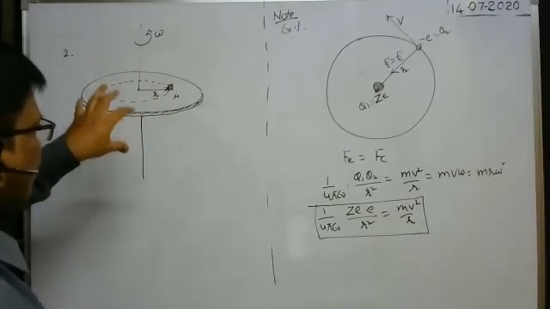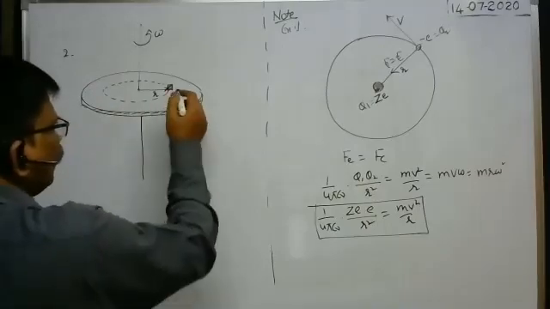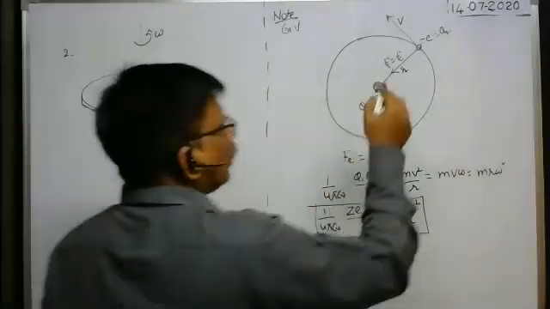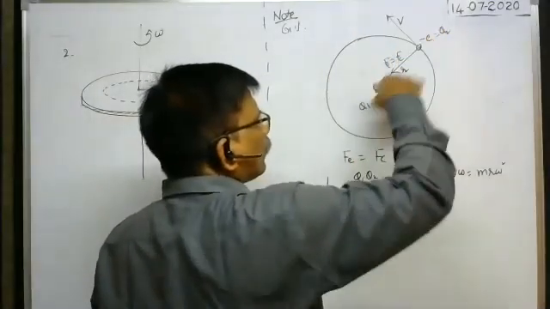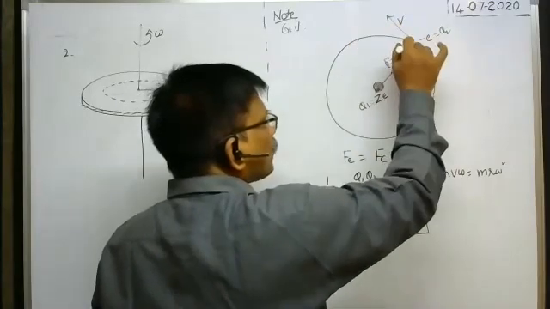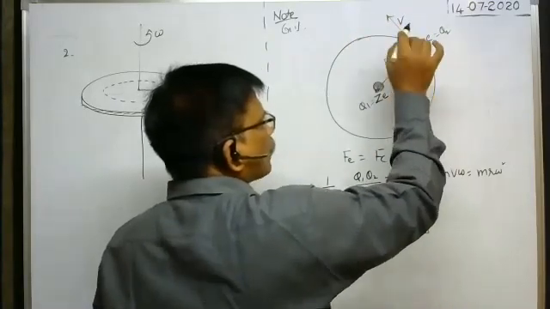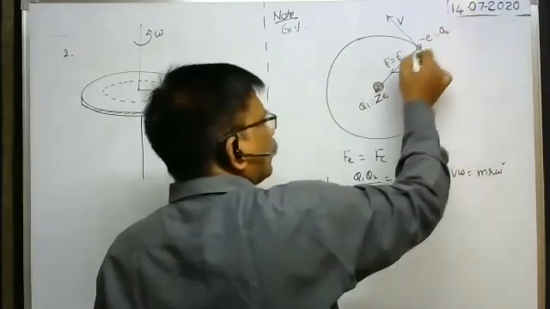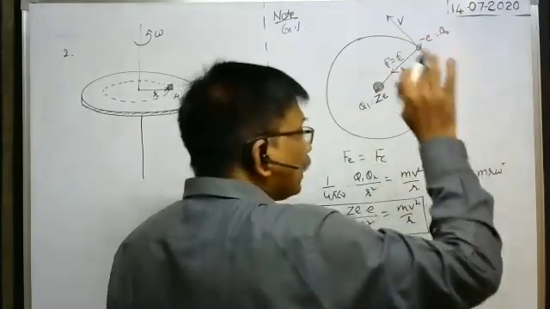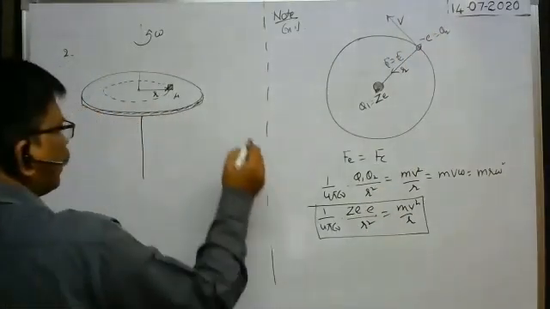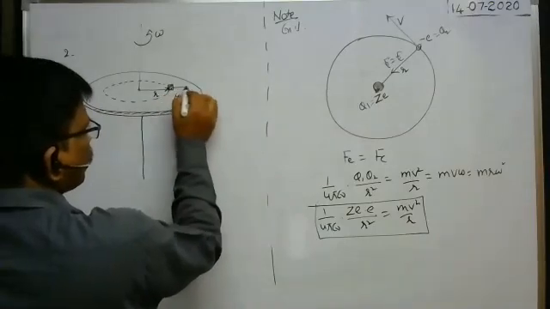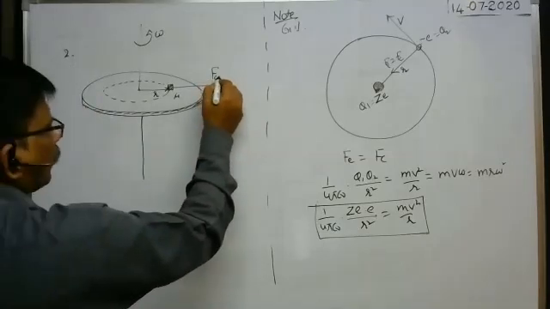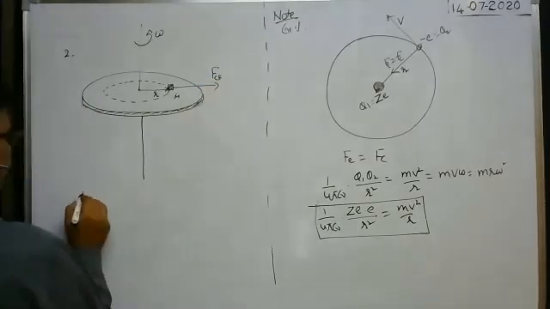Whenever the body rotates in the circular path, because of centrifugal force, already you know centripetal force. Whenever you sit in a body moving along the circular path, you can experience that because of the inertia property, some force seems to be acting on this body away from the center. Away from the center means in this direction. That is called centrifugal force. That's why this body experiences centrifugal force in this direction, FCF. CF means centrifugal.